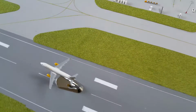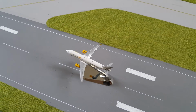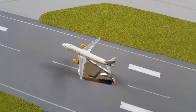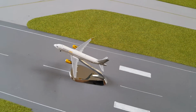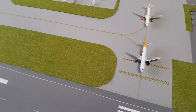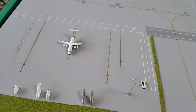So, starting off, we have this Vueling A320 operating as VY8748 coming in from Barcelona. It is landing, but it's just the way the stand positions the aircraft. It makes it look like it's actually taking off. Then we will be going over here, where we have this BAE